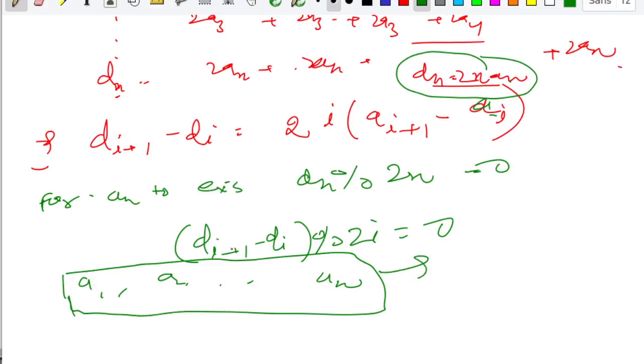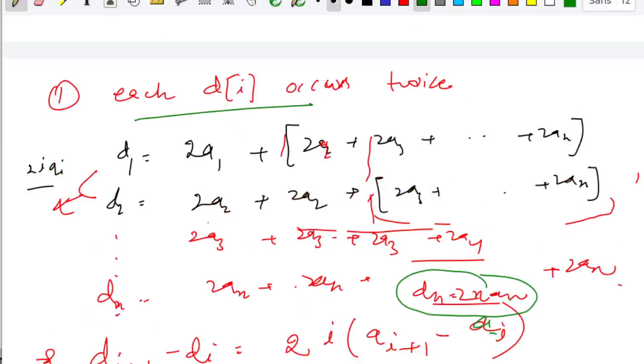Now all of these ai should be distinct. It is possible that you get some ai's to be equal, so all of them should be distinct for a symmetric array to exist. So you have to check this first.